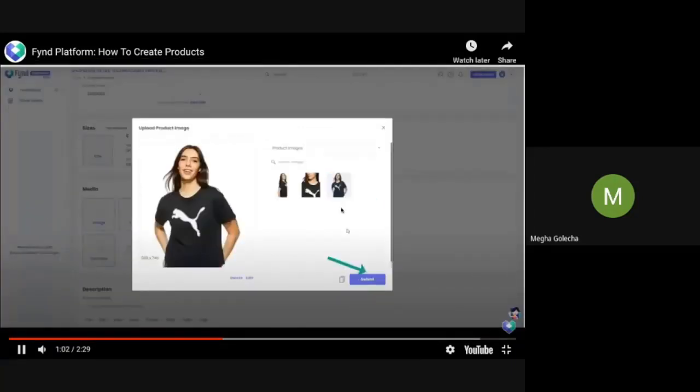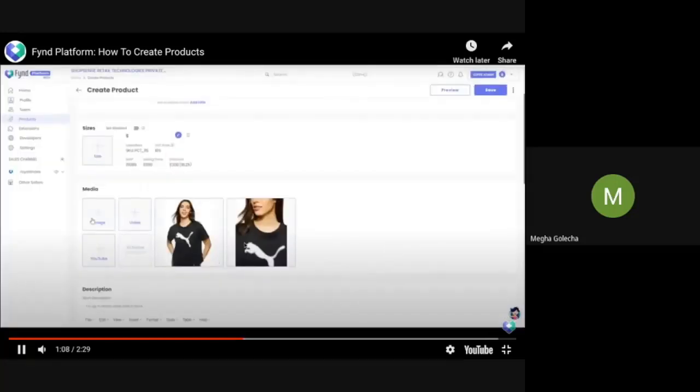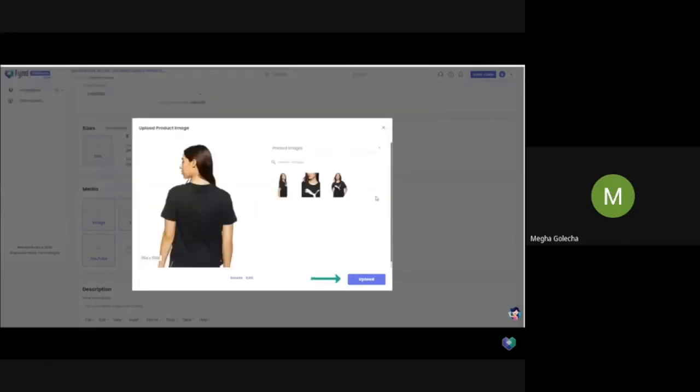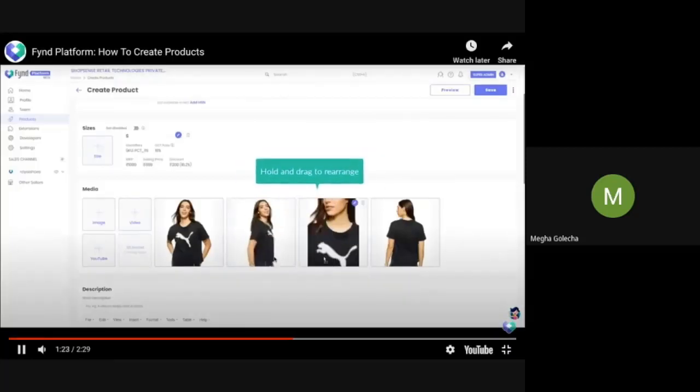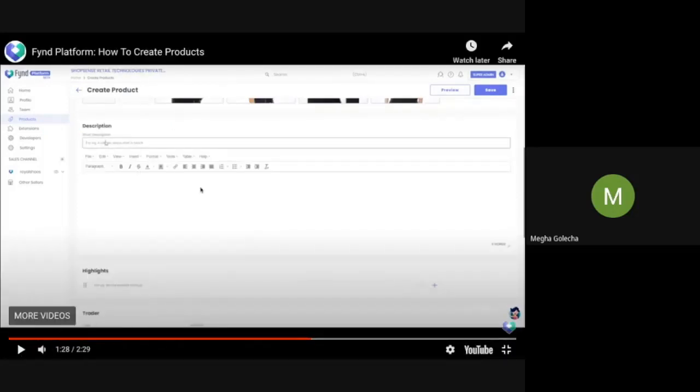This is where you will update your media links. You can rearrange the order after adding it here, you just have to drag and drop. This is how it will look. You can add the description of your product. You can also add your HTML codes here. If you have a predefined description, you can just simply paste it here and see a preview of it later.